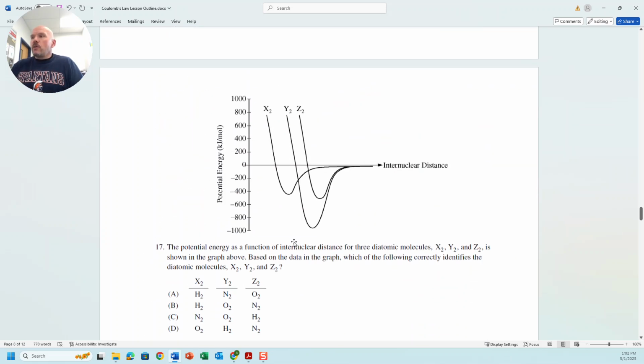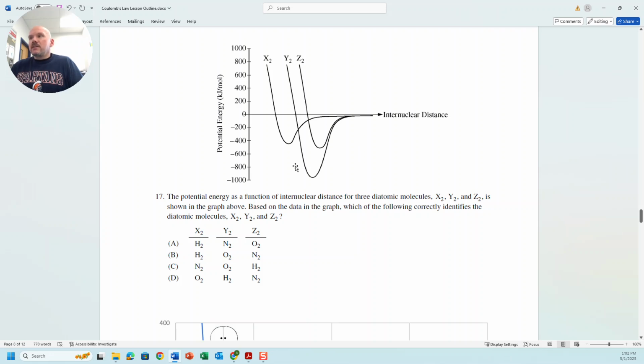So if we go back up to this question, it gives us 3 different bonds to consider. Well, whatever this bond is, it's the shortest bond, right? Whatever this bond is, it's the longer of the 3 bonds. But whatever this bond is, it's the stronger of the 3 bonds, because, wow, look at that bond energy compared to these. Okay, and it's saying X2, Y2, and Z2, so they're diatomic elements. And this is one of those reminders, hey, remember, nitrogen has a triple bond, so it's very strong. So obviously Y2 is nitrogen. Oxygen has a double bond,